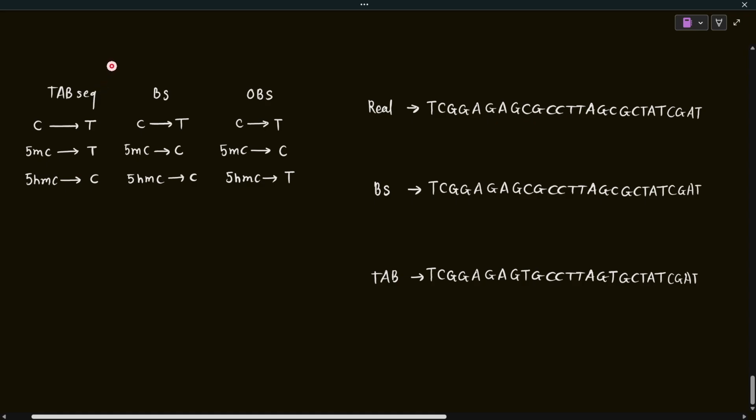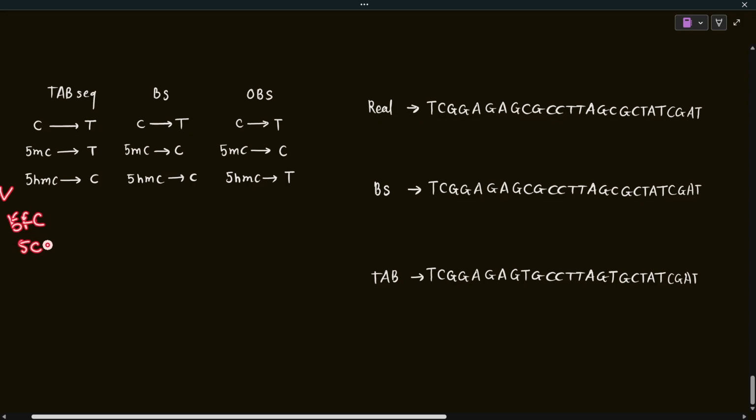beta GT, beta glucosyltransferase, which transfers a glucose group onto the 5-hydroxymethyl cytosine, and that is why it gets converted into 5-glucosyl hydroxymethyl cytosine. This conversion of hydroxymethyl cytosine to 5-gmC protects the 5-hydroxymethyl cytosine, so that the TET enzyme cannot work on it. So TET enzymes work on 5-methyl cytosine, and convert it into 5-formyl cytosine